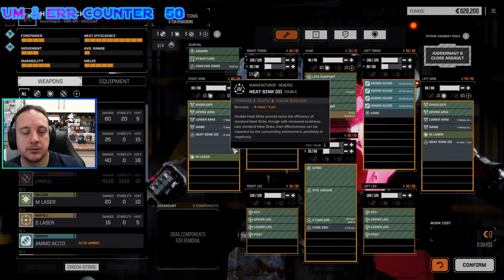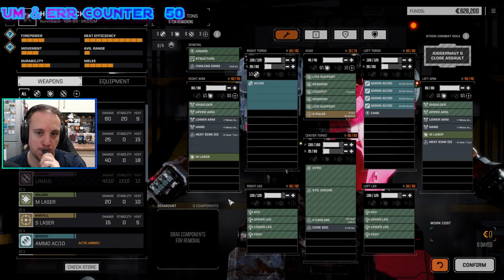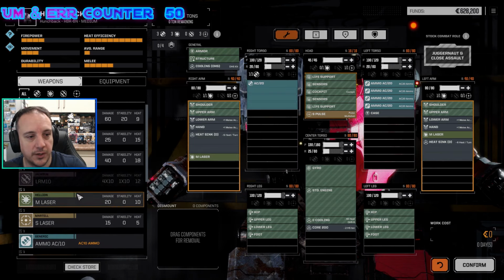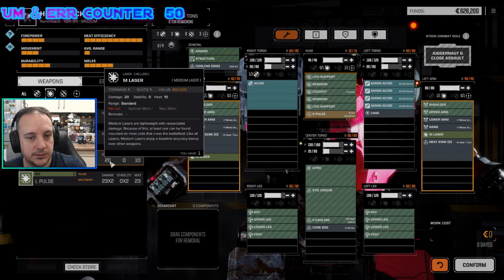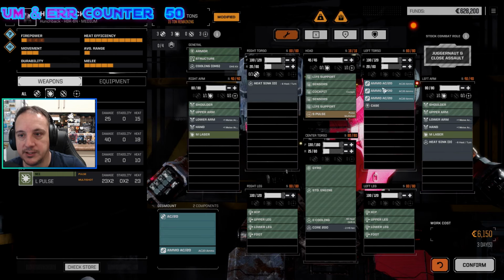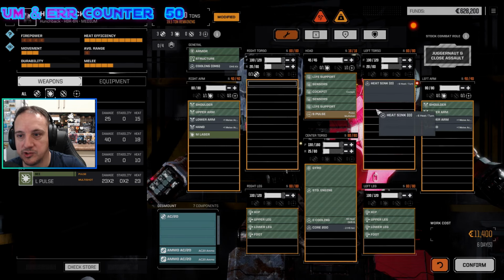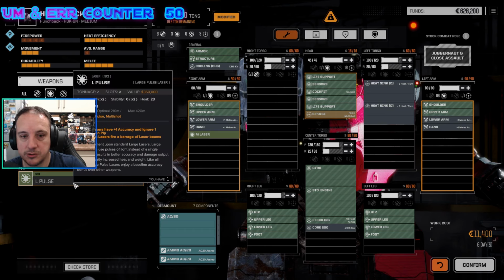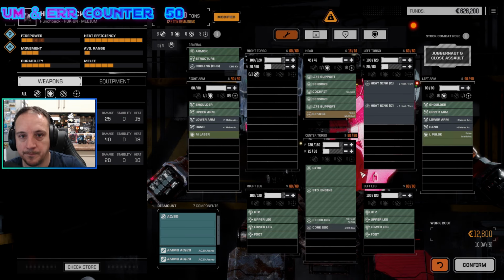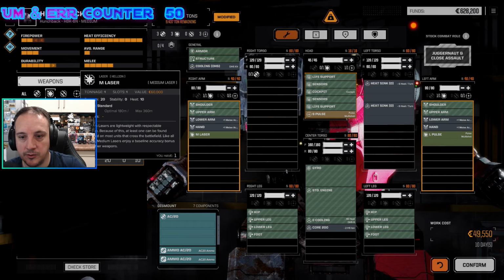Like here with a Hunchback... I think what we're probably better off doing is, as we've got the cooling, I think we're going to drop the AC-20 for now, because it's just too inaccurate and it's not doing us any favours, so we'll stick that in there. I think we'll put the large pulse laser in the arm, ton up on the armor, and